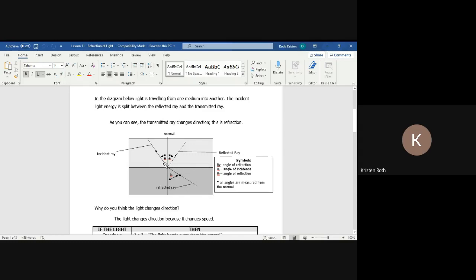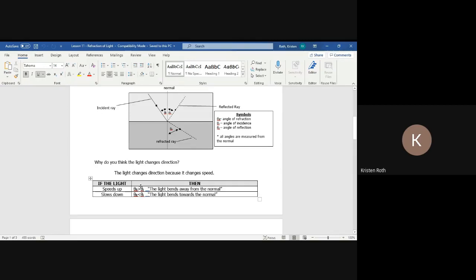Okay, so we have that little angle, the little theta i and the theta r there. That's the angle of incidence, angle of reflection. This one is a little theta with a capital R. That's to represent your angle of refraction. Okay,